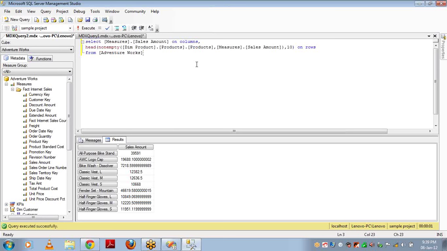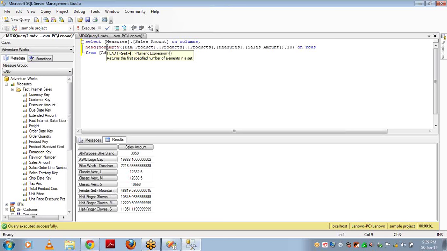So if you have null values and you use the other non-empty function, it is not going to serve our purpose here. So try to understand the difference between non-empty with space and without space. This is the major one. You can use this function to filter the blanks, and this is a function. You can use it like this, and after that you can go for any other functions. But the non-empty that you use with space should be the last one, and there should not be any other function on top of this.